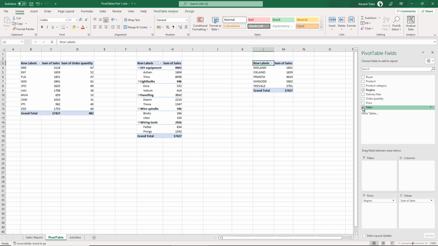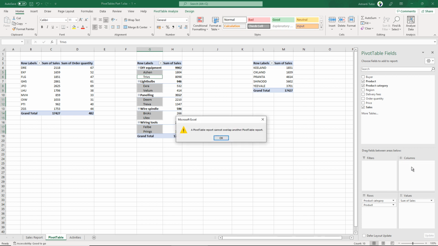Now, what I've done so far is quite automated. I've clicked the box and it's magically gone to where I want it to go. But what happens if I want to, say, have it so the products are in the columns? Well, if you go down to the field areas down here, and you grab the products field and drag it over to columns and drop it there, you can see what I said earlier, which is that this pivot